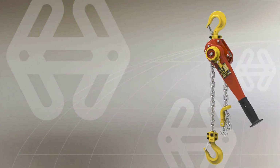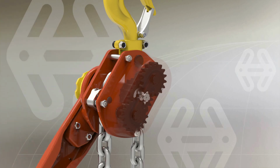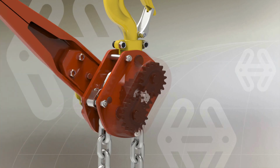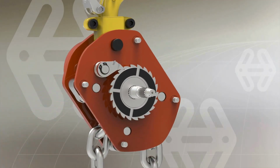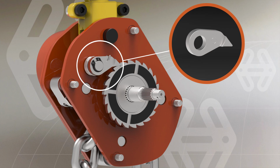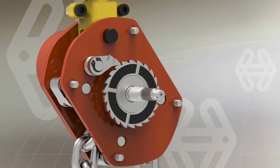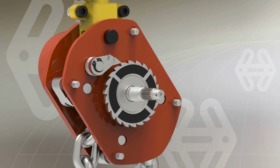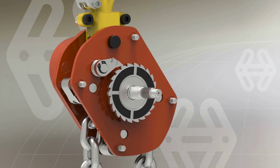Since the inception of manual hoists, the principle of reduction gears to gain mechanical advantage, with ratchet gears and pawls to arrest rotation, have been used as the basis for their operation. Early lever hoists utilized a single pawl assisted by a tensioning spring to halt rotation. Although functional, this configuration contained a real risk of a single-point catastrophic failure in the event of a simple spring